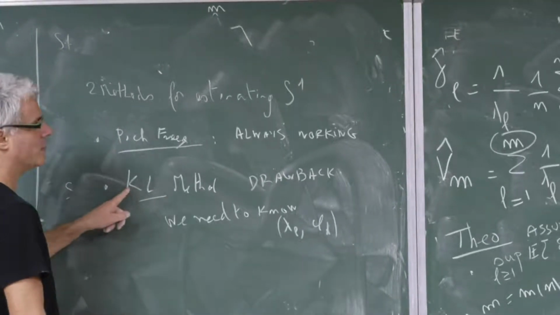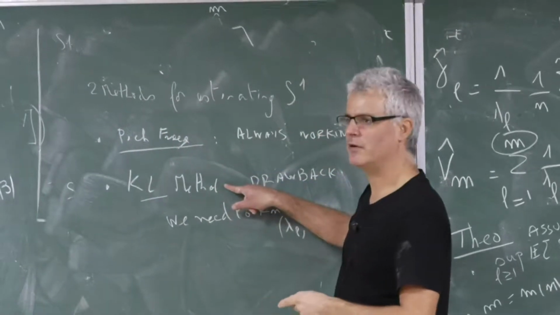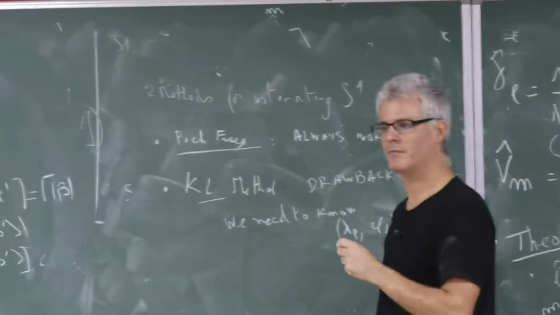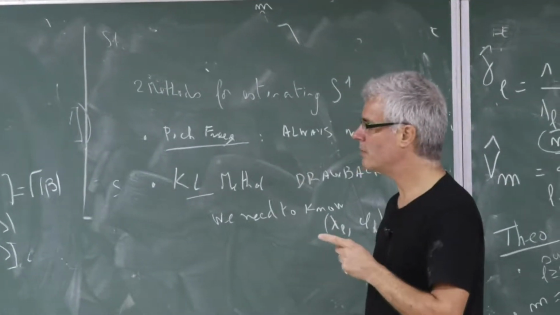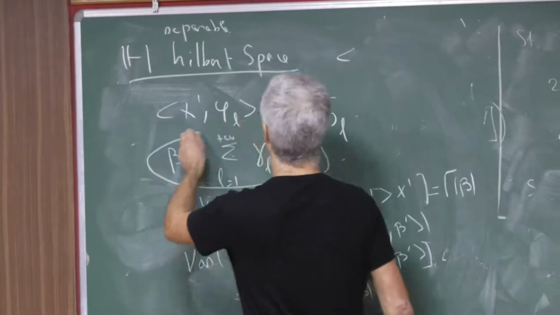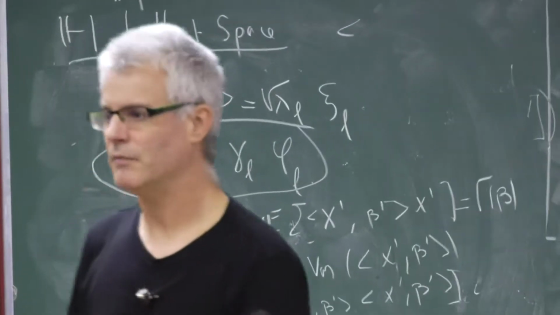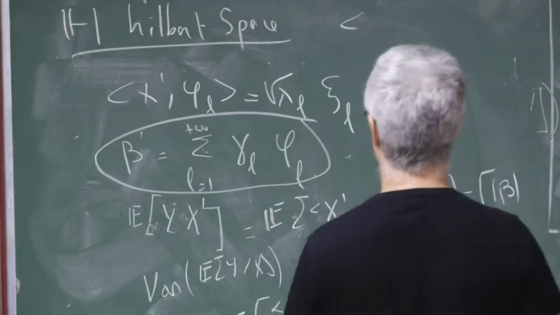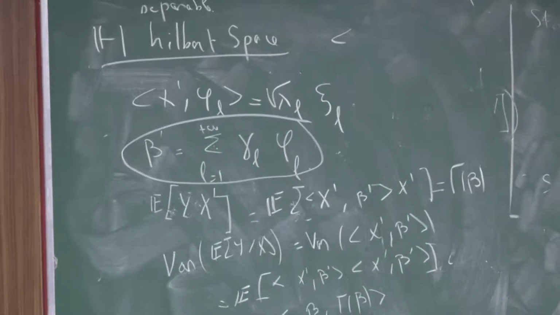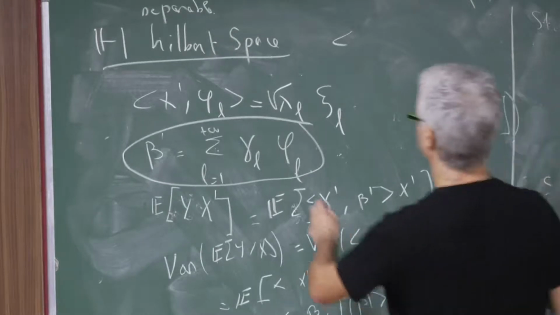So this method will be better when it will be better. We can think that this method is better because we use information of the model. Okay. So this is true, but not always. Why? Because when we decompose here the function beta that is unknown, what can happen? The phi L we have there, this guy,